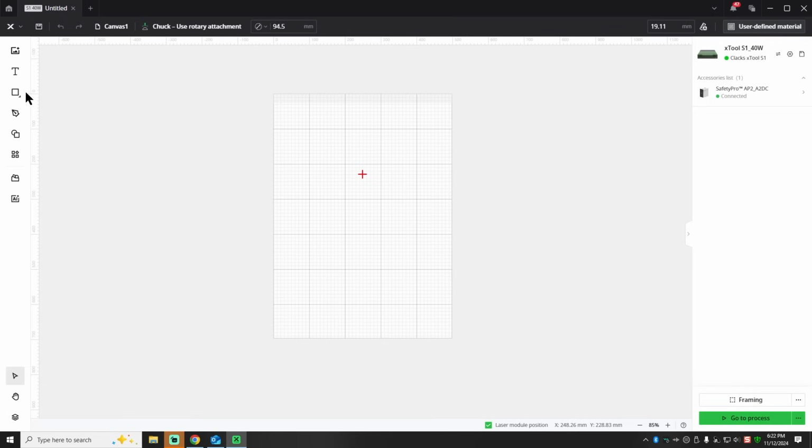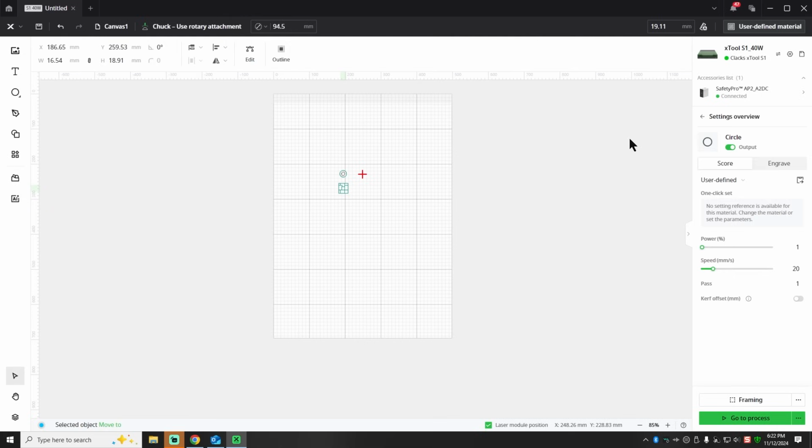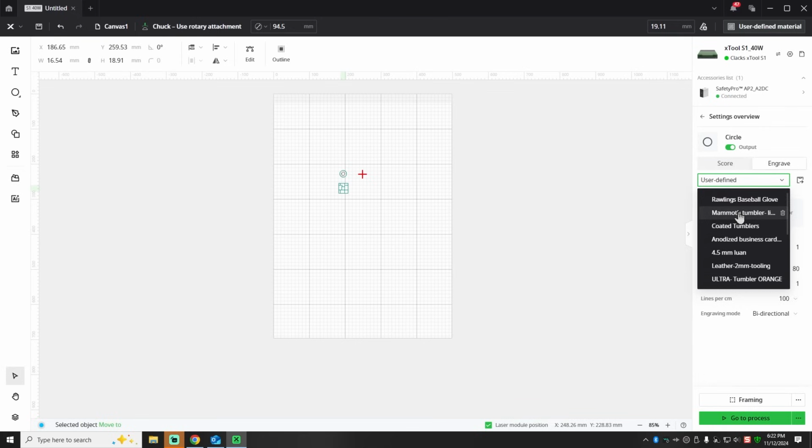All right, so because I haven't done a whole lot of glass with this machine, we're going to do a quick speed and power test just to make sure. So we're going to put a circle in there. We're going to set that to engrave. I'm pretty sure I hadn't put anything in here for, wait a minute. Where's my tumbler? Where's my dark color tumbler setting? Because typically,